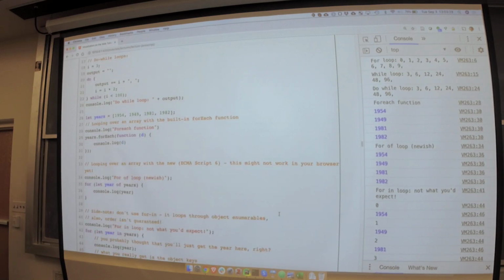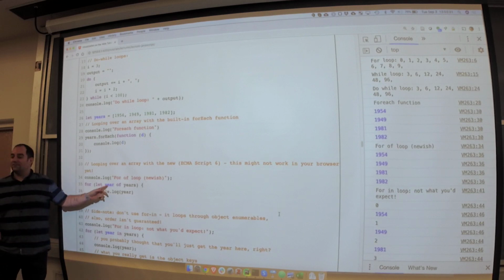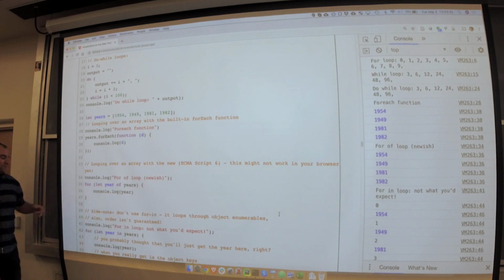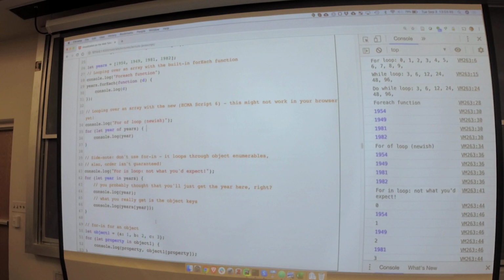So what's unique here is that usually in other languages this is in, right, not of. But in JavaScript you should use the of. There is an in, but the in means something different. You can use this, like here I have my years object, and this is going to work. But what the for in does is it actually iterates over the keys of an object. So for year in years will give you, like what you would expect here is